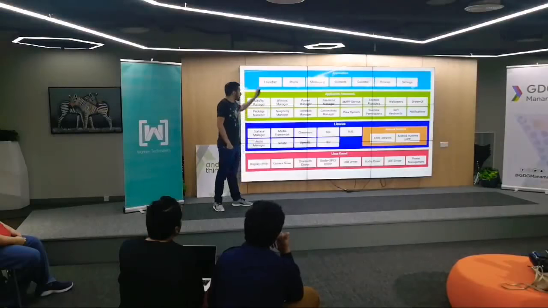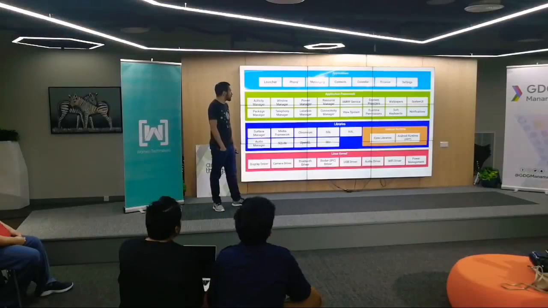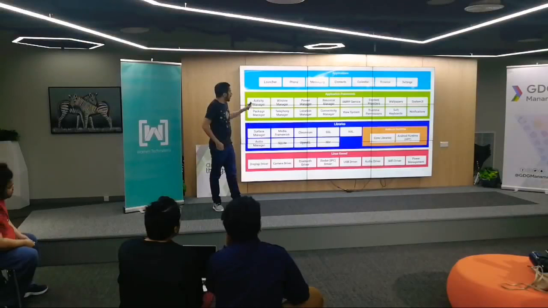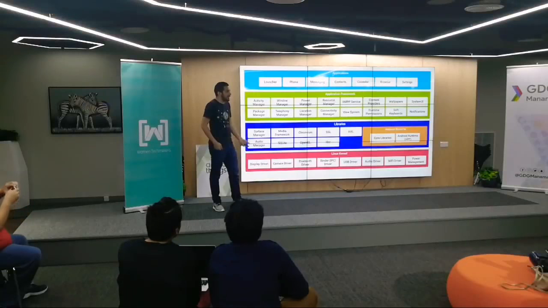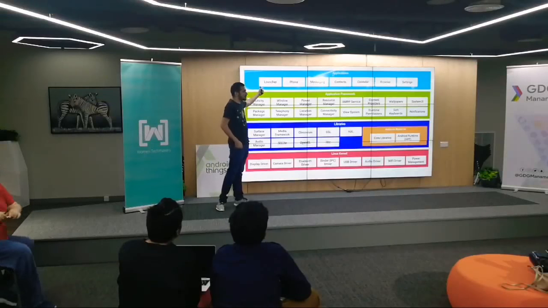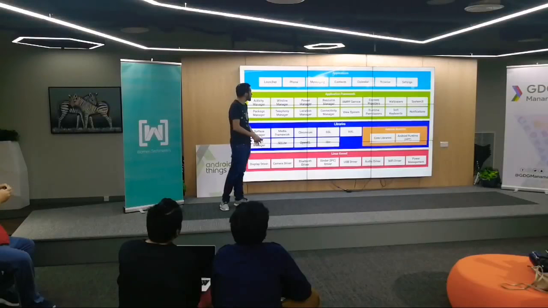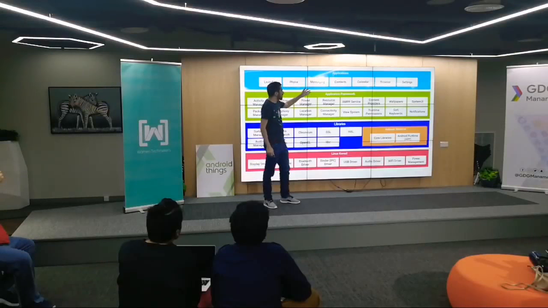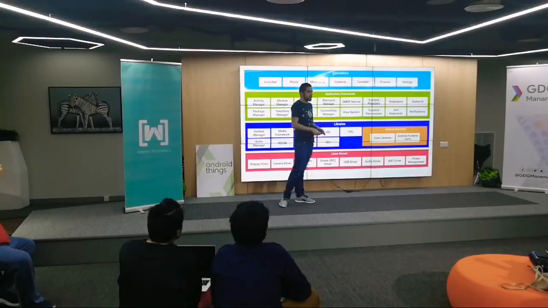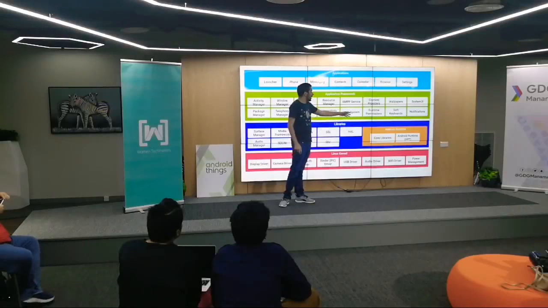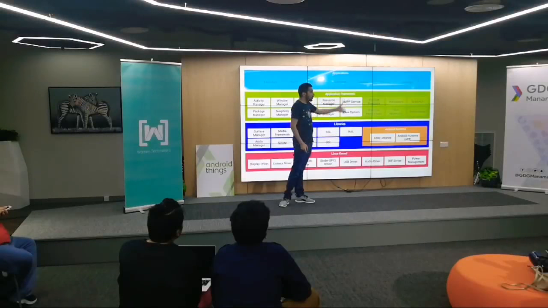So this is a traditional stack for Android software. A lot of things here you will notice you will not need in an IoT project. Do we need a launcher? Not really, because it's only one application. There are not many applications to manage. Do we need phone, messaging, contacts, calendar? Not really. Okay. System UI, we said there is no system UI. Your application will have the complete priority. Notifications, that's all gone. So let's remove all of that, and then we'll just add in a few things that